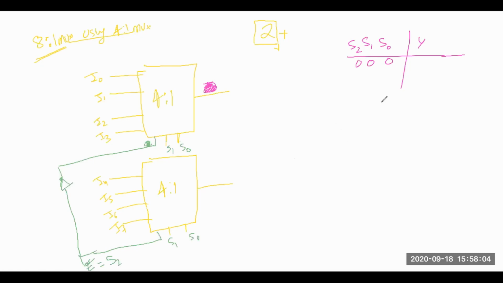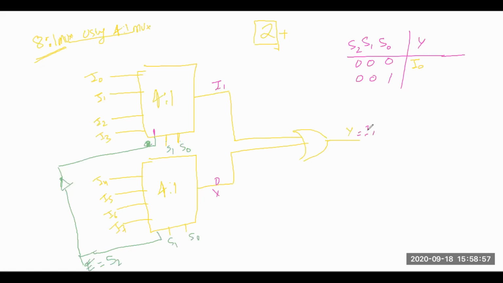Till now, what you have performed is you have connected one OR gate here, and here you are getting Y, and you have seen that when you are taking 0 0 0, you are getting this one as I0. Okay, now we will see other combinations also. Let's take this one as 0 0 1. This is similar to our previous case. This one will become inactive, meaning you will get 0 here. This will become active because you will get 1, and since it is 0 1, you will get I1 here, and because of this OR gate you will directly get Y equal to I1.